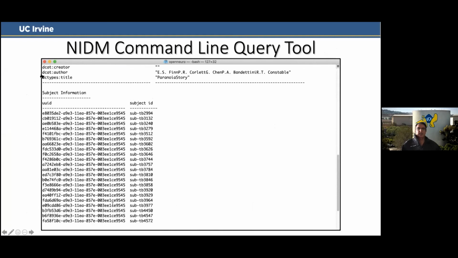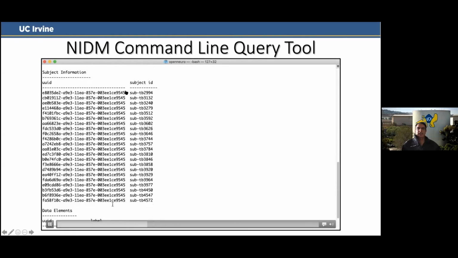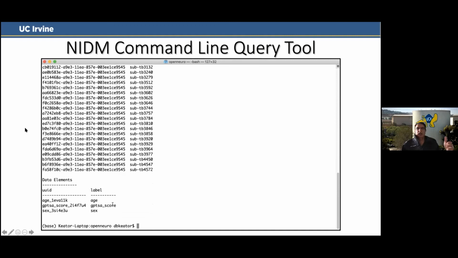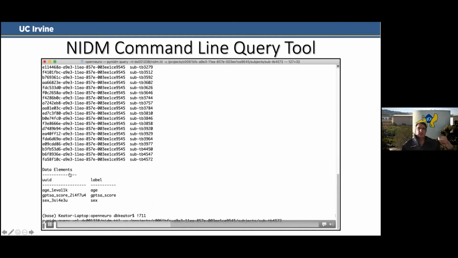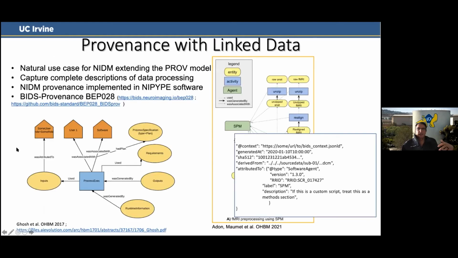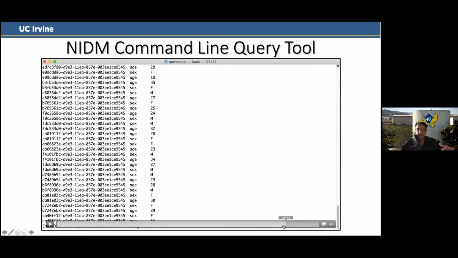It has a REST-based URI query functionality so that you can search these documents for information about the project, information about all the participants, information about the different variables contained in these documents, and do queries across documents